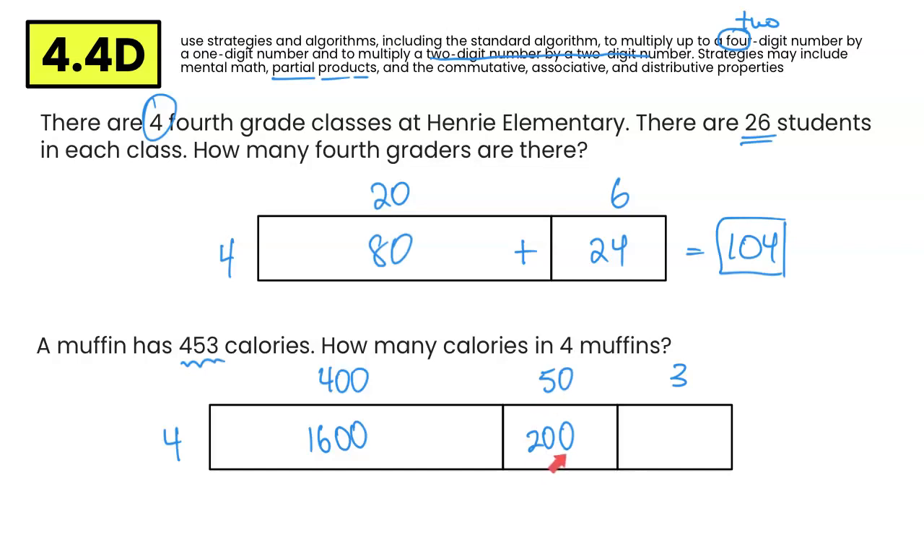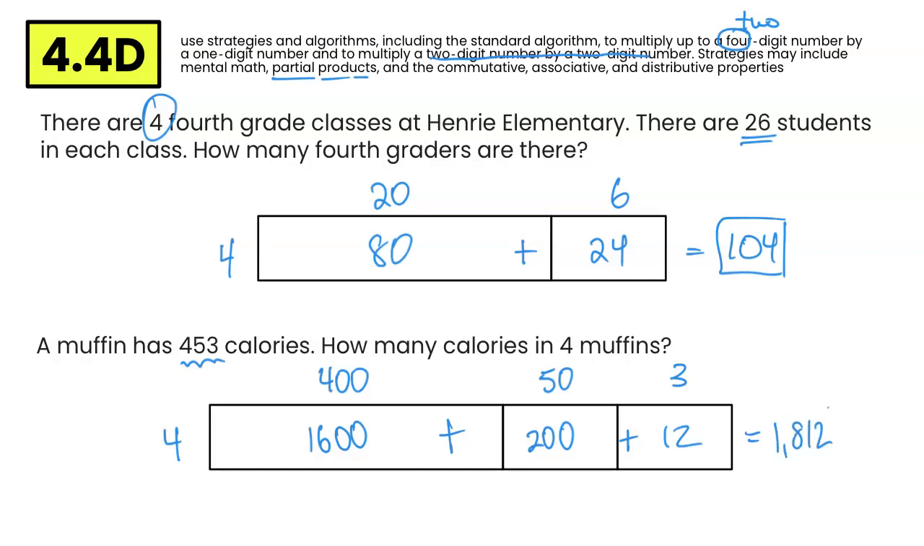So that's where this 0 came from. This 0 came from the fact that 5 times 4 was 20. Then 4 times 3 is going to give us 12. In order to get the answer, we're just going to add up those three numbers in order to get the final answer of